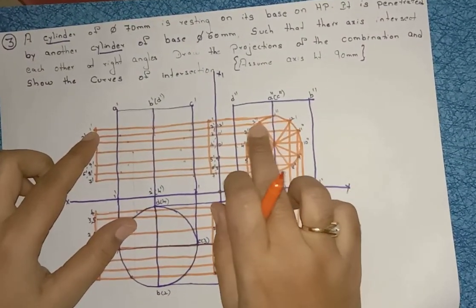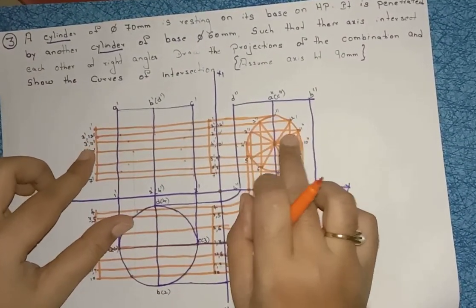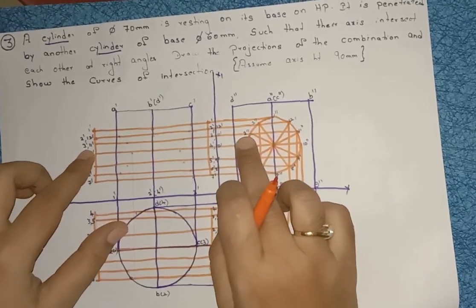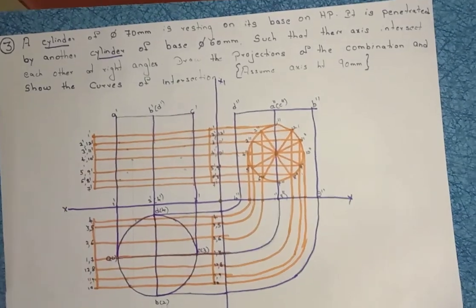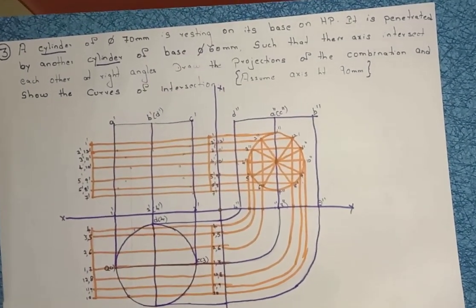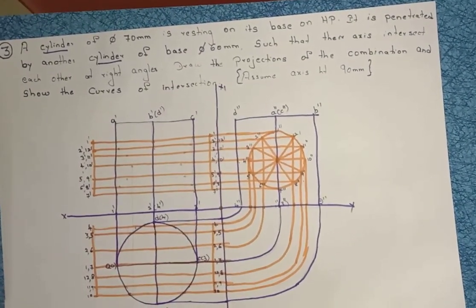You're projecting 2 and 12, write down here 2 and 12. You're projecting 3 and 11, write down here 3 and 11. You're projecting 4 and 10, write down here 4 and 10, same, right? So after drawing this, what you are doing,